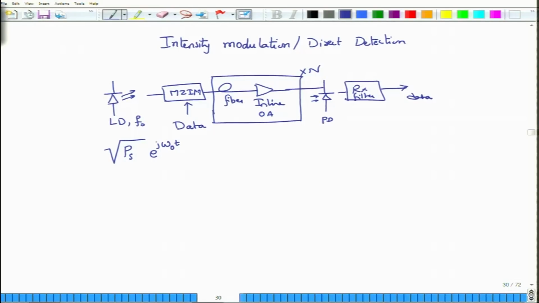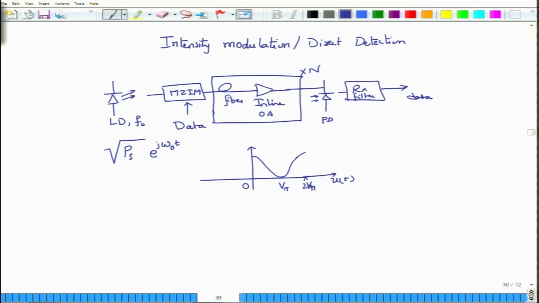Now we have talked about the Mach-Zehnder interferometric modulator, and if you recall the transfer function given for a Mach-Zehnder modulator, this is as a function of the applied signal u of t. It is a periodic function. If you plot the output power to input power ratio on the y axis as a function of the input voltage, you see that when the input voltage is about V pi, the output drops to 0, and the output is maximum when the input voltage is 0 or equal to 2 V pi.